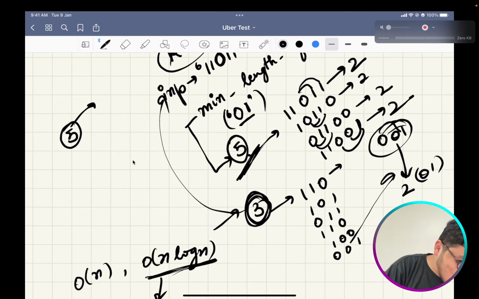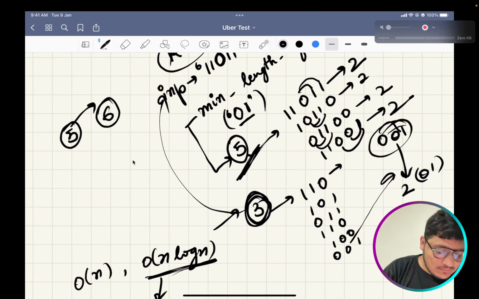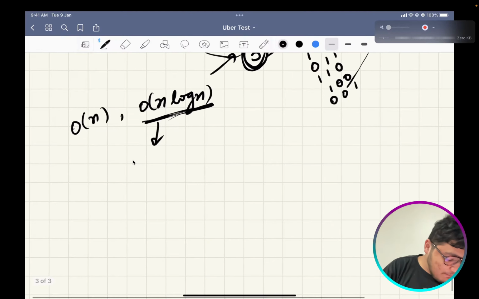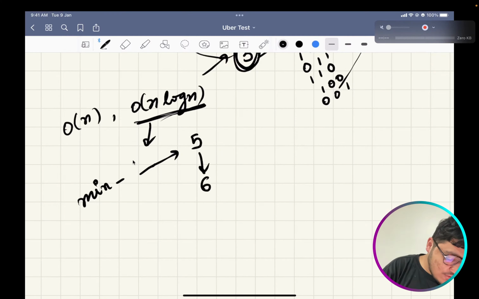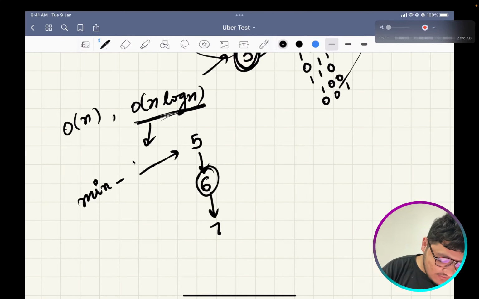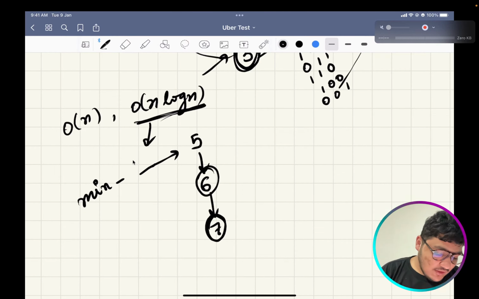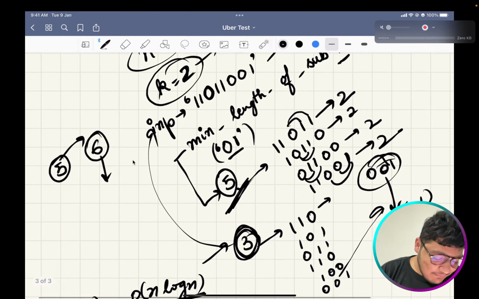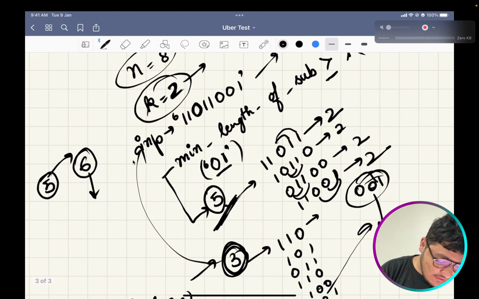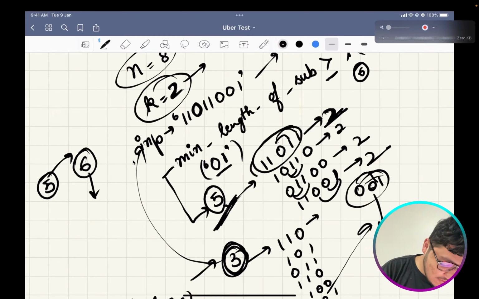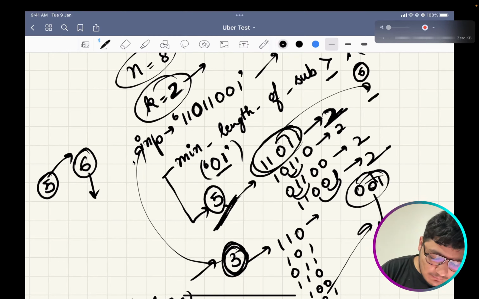then it's sure I will also get the answer for 6. If my minimum length of substring is possible, let's say of 5, then the answer would be there for 6 also, and for 7 also. What I mean is, for 5 you have these two subsequences, but for length 6 you would have this string as common and some more characters.